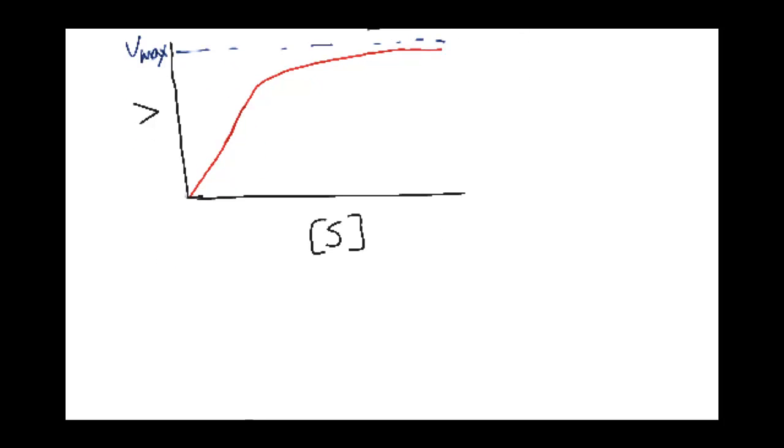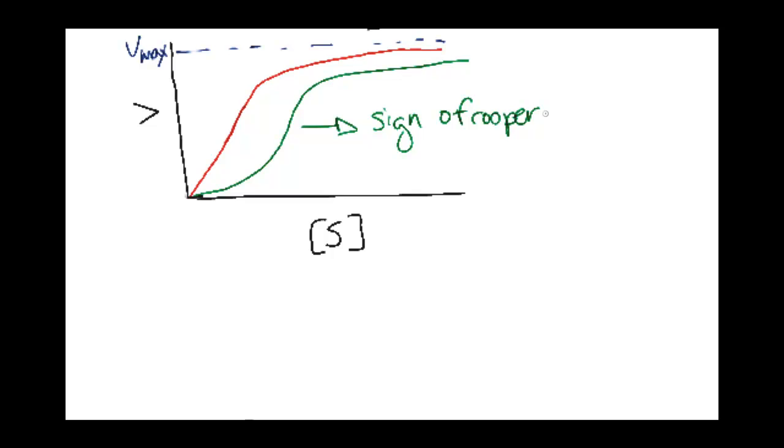It is hyperbolic in nature and will change into a sigmoidal curve in the presence of cooperativity. It'll look something like this. So it's a sign of cooperativity. Do that whole video,